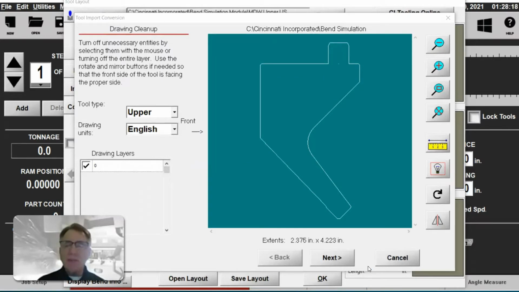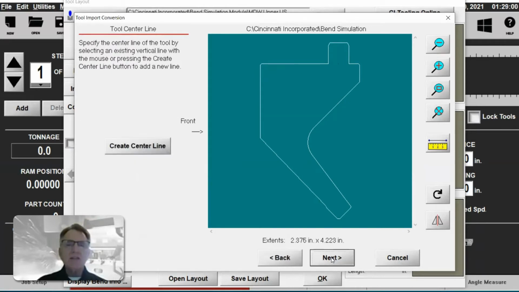Your DXF might not be as clean as this one is, where you might have a title block, you might have borders, you might have other views. But really what we want is the one cross section that is going to represent the tool itself. The other thing is we have to make sure that there aren't any stray marks on that. And this one looks awfully clean, but there actually is a stray mark right here on the center line. It's a little dot. And so what I'm going to do is turn that capability off by choosing that. And now the only thing that remains is the white outline of the tool.